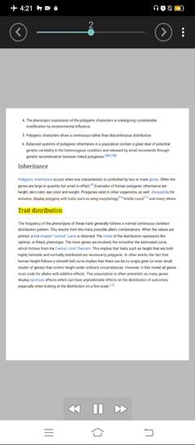Trait distribution. The frequency of the phenotypes of these traits generally follows a normal continuous variation distribution pattern. This results from the many possible allelic combinations. When the values are plotted, a bell-shaped, normal curve is obtained. The mode of the distribution represents the optimal, or fittest, phenotype. The more genes are involved, the smoother the estimated curve, which follows from the central limit theorem.